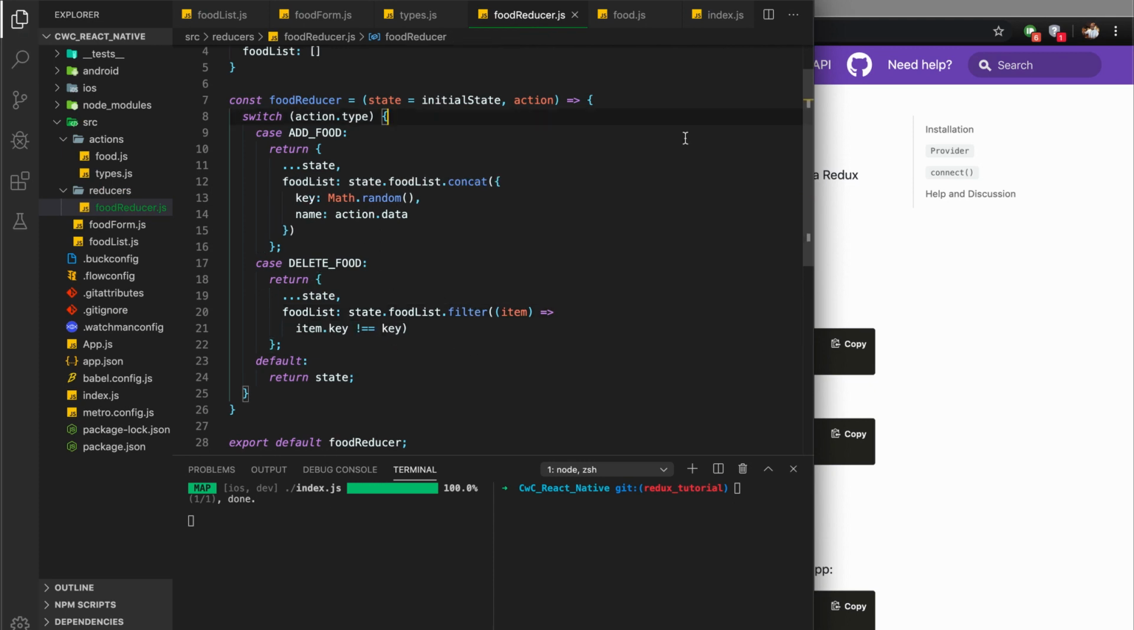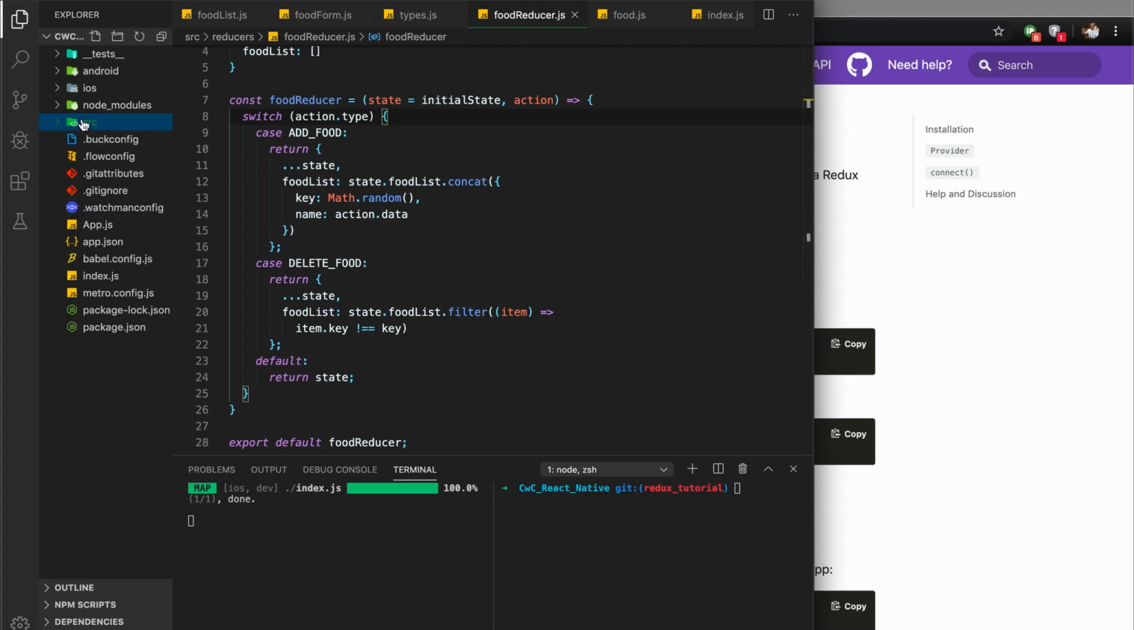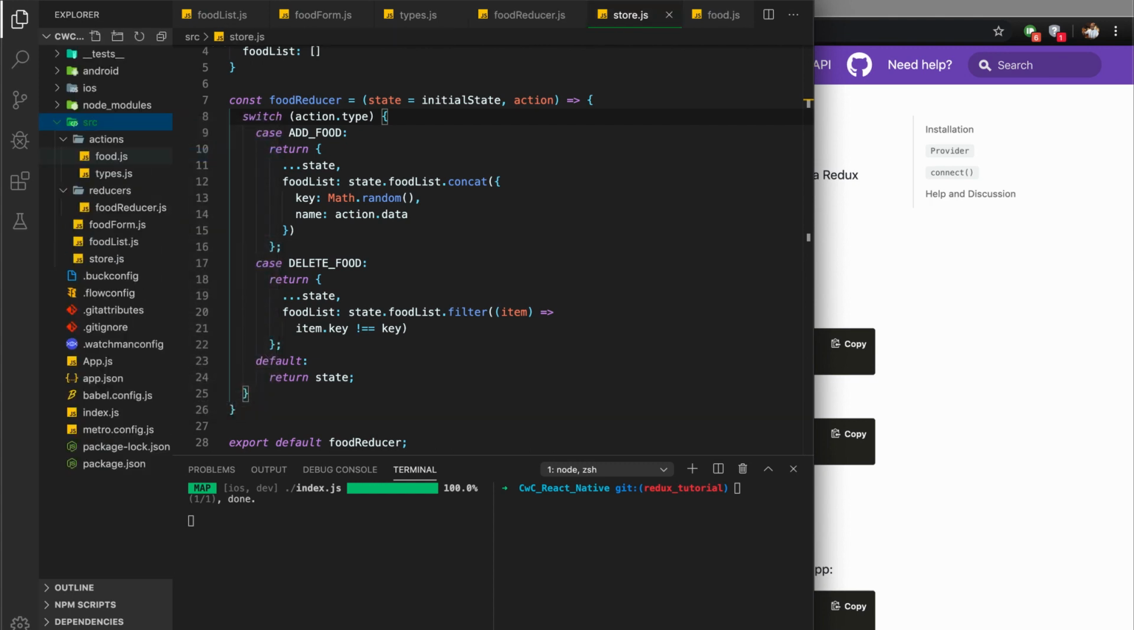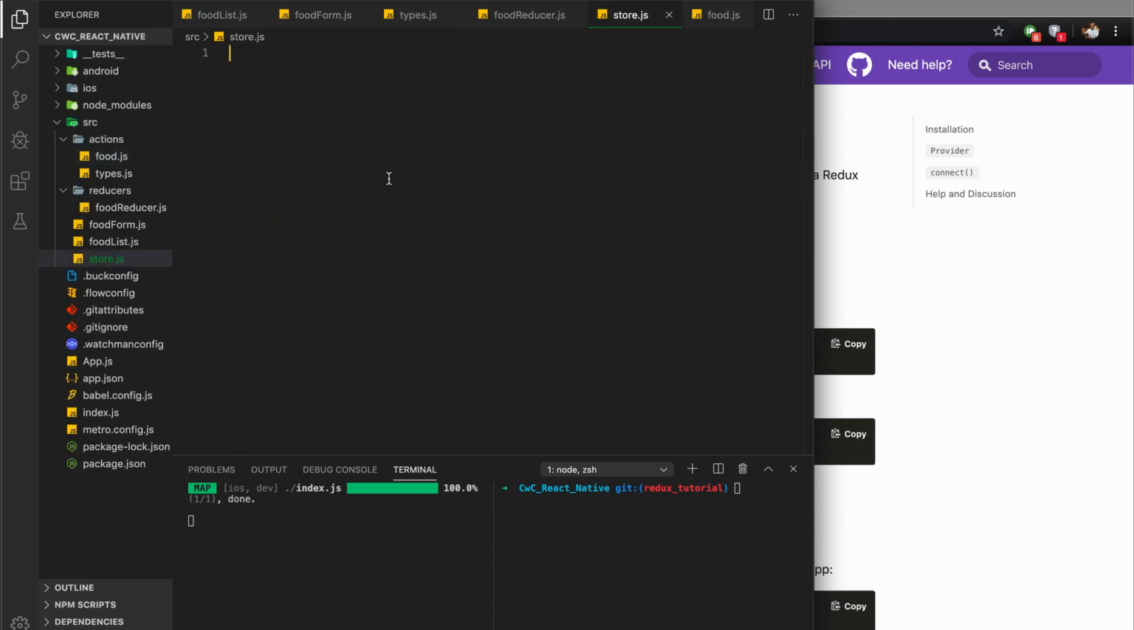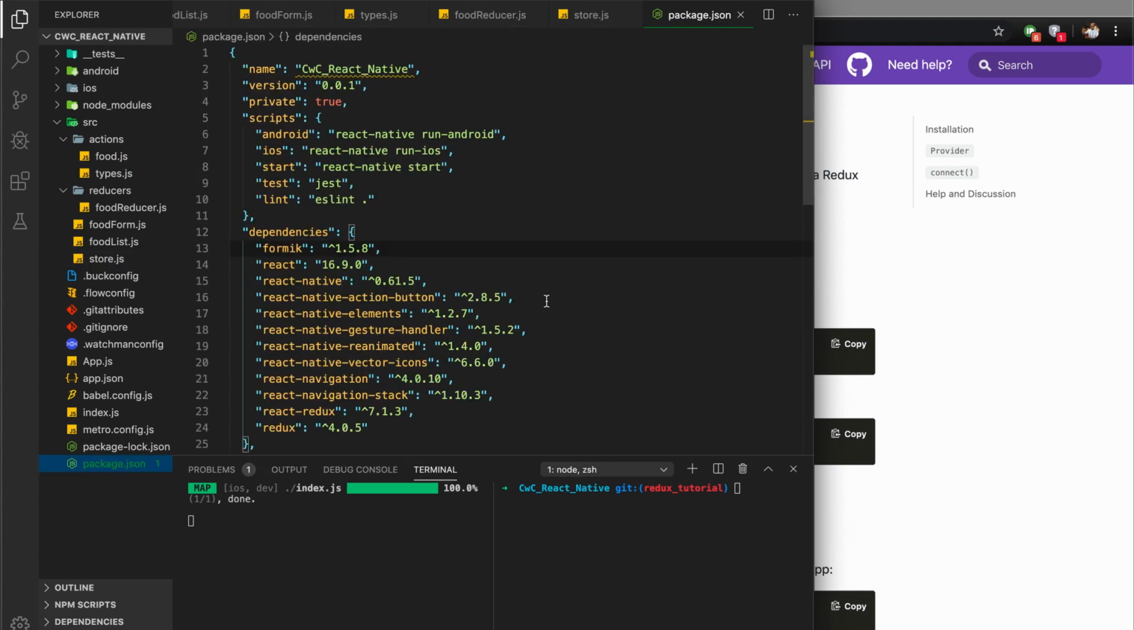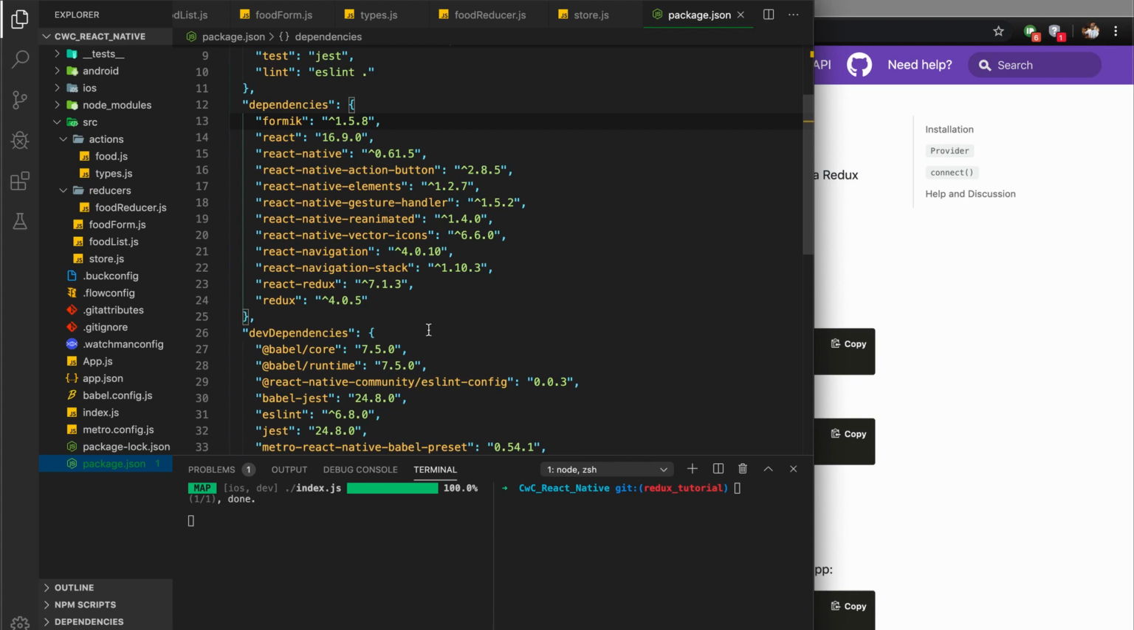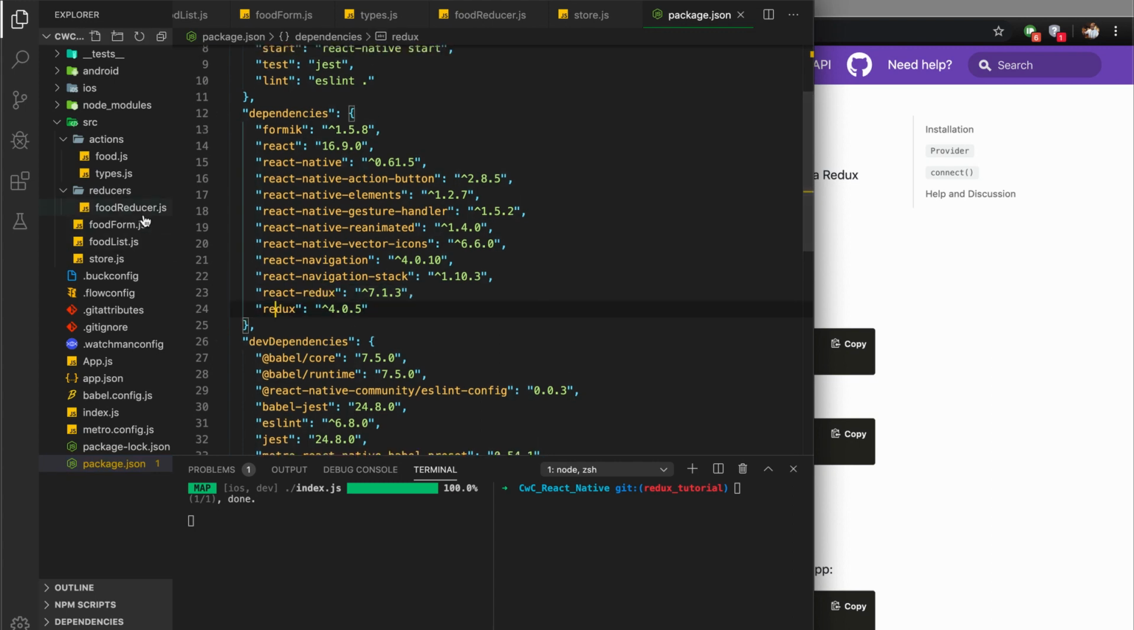Okay, and now let's create the actual store for our reducer. So let's create a new file in our source here. Let's call it store.js. And the first thing I'm going to do is import some components from our Redux package. If we look in our package.json here, I added a couple different packages here. I added Redux and react-redux. So these are the two that you need for your application. So let's go to